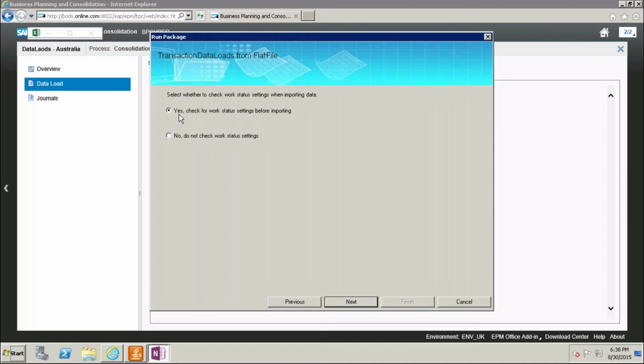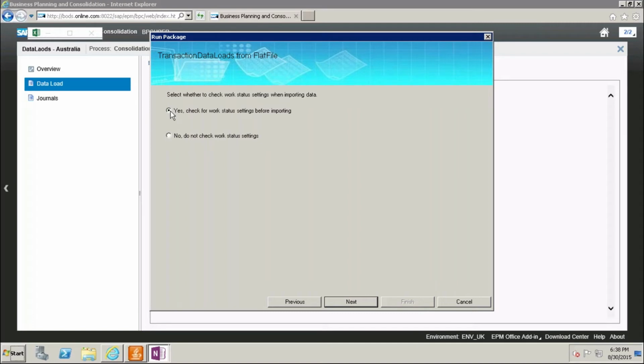If I give yes here, it will check the work status. If I give no, it won't check the work status while running the data manager package. If yes, it will check the work status, and if the work status is locked or approved, we cannot load this data into the BPC system.